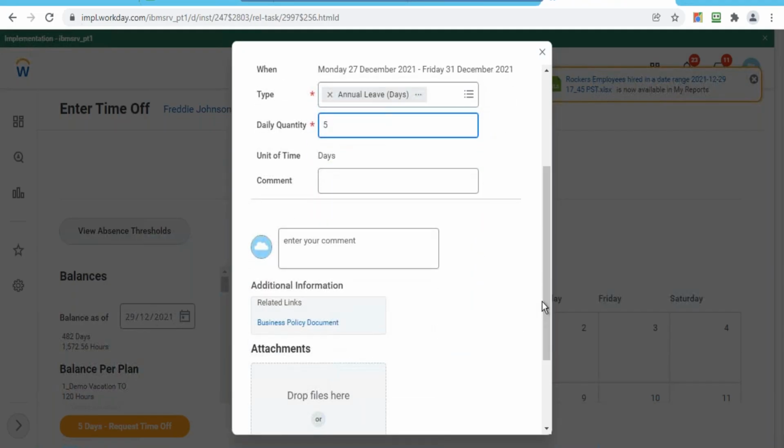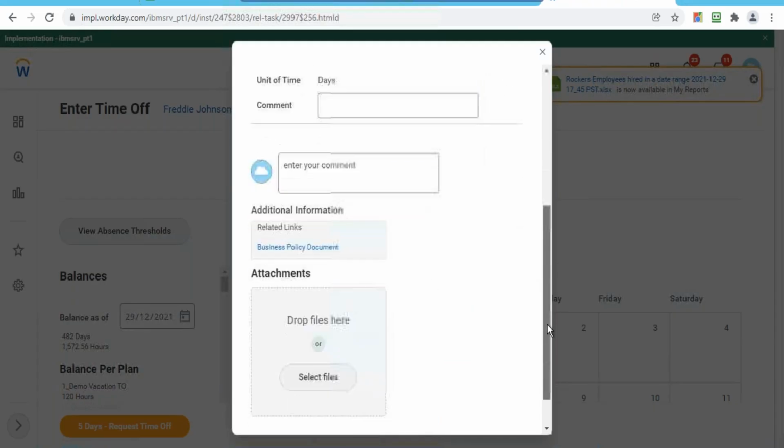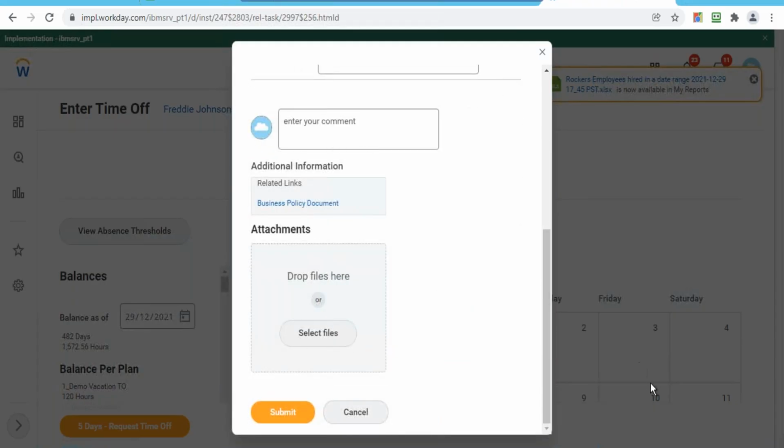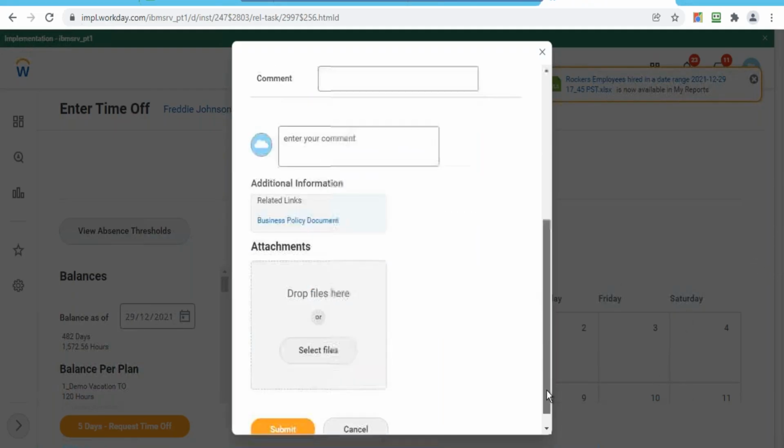Shouldn't it calculate when you select a date? What is that, the days, daily quantity or something? What is that? We have selected, no? Daily quantity you have put five, na? So when you have selected 5 days, shouldn't it automatically show that it is 5 days? You have already selected the dates, no? If I've selected 6 days and if I'm giving 5 days, it will error out. If I've selected 5 days here and if I give 5 days, system will accept. So total how many days have I taken here? I've selected for 5 days, I believe. So if we click on OK,